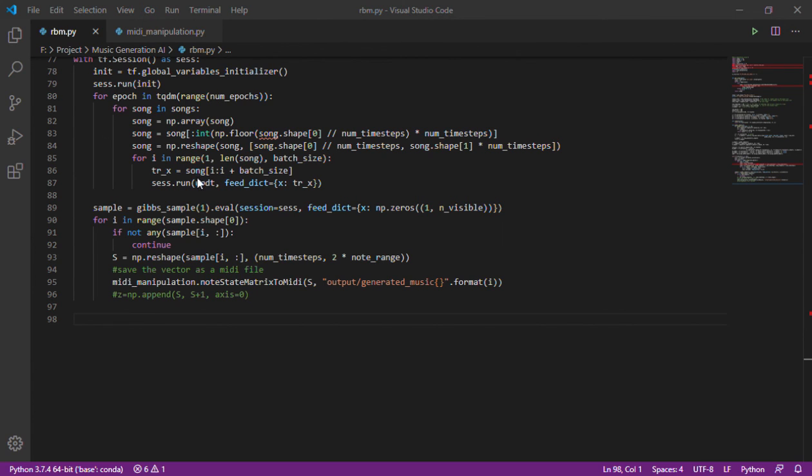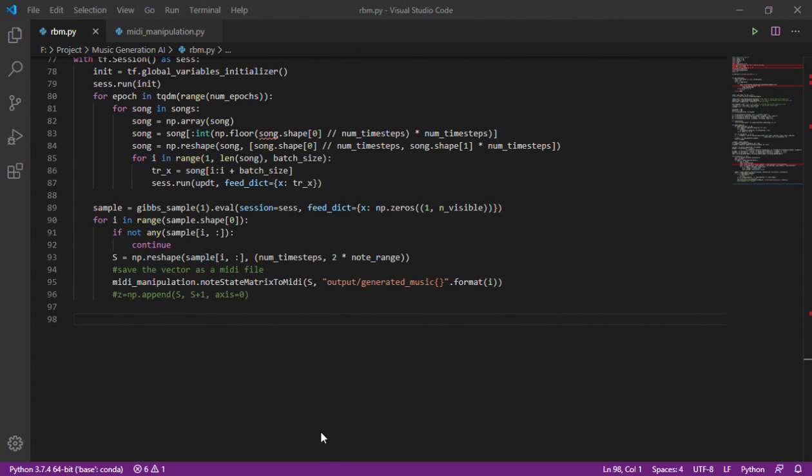Okay, so now let's go and run our file. When we run our file, it first processes all the songs that we provided to the model, and based on these songs it will generate new music using the number of epochs as 200. So this is just a parameter that we had defined earlier. You can always change the parameters and generate new music.